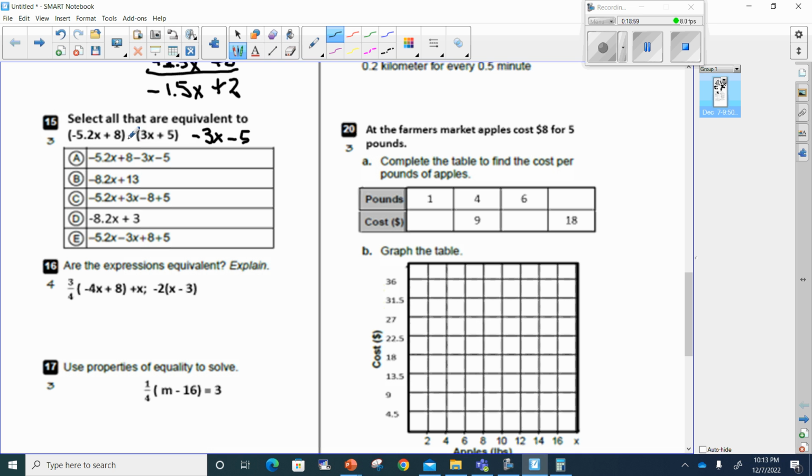So I'm going to scratch this out and put a plus sign here. Okay, well, actually, the negative stays here. So now I can combine these terms. I've got, well,